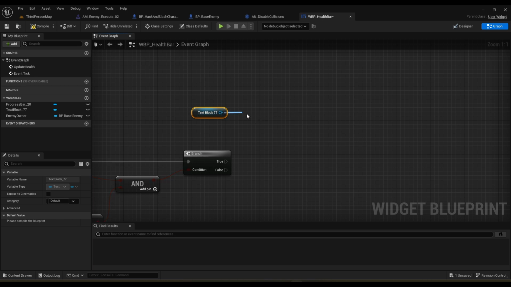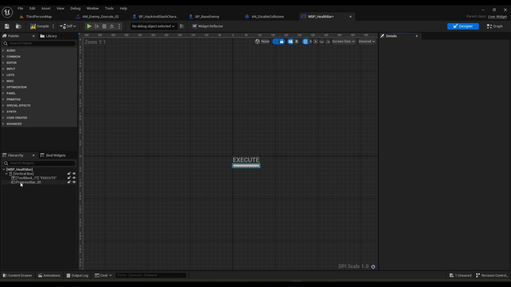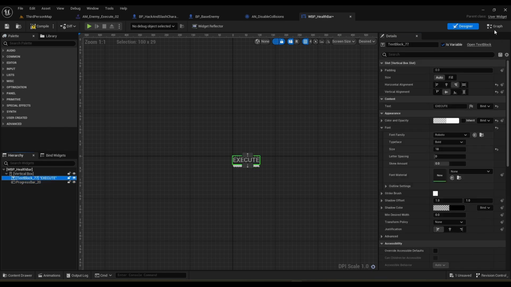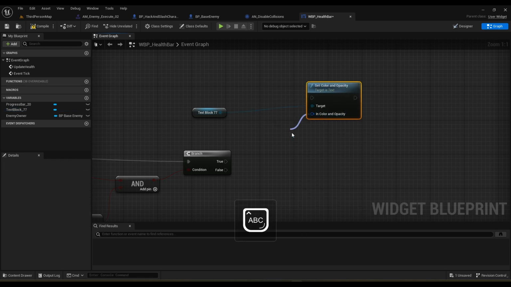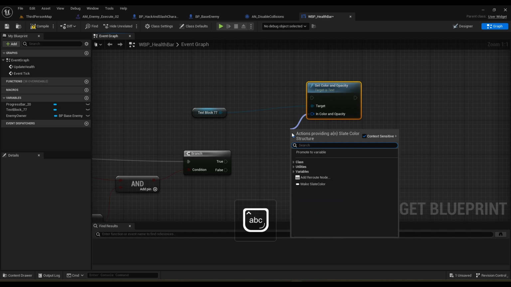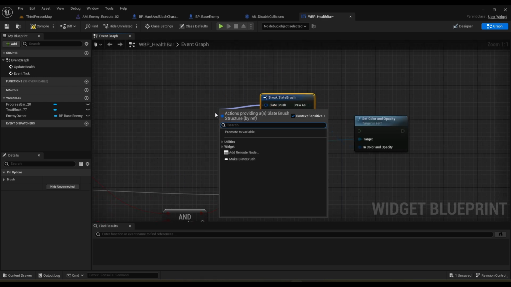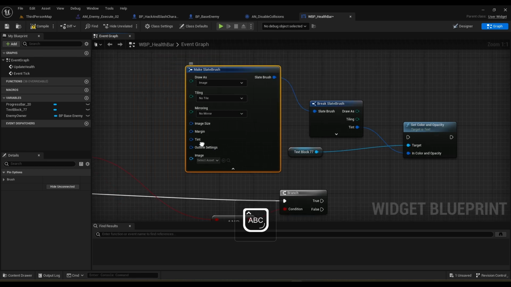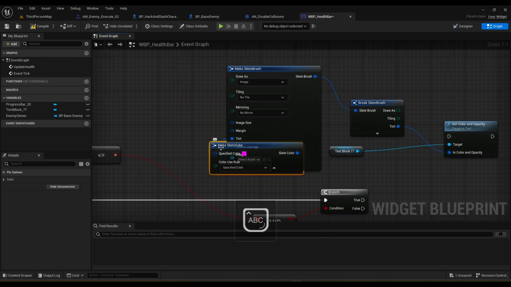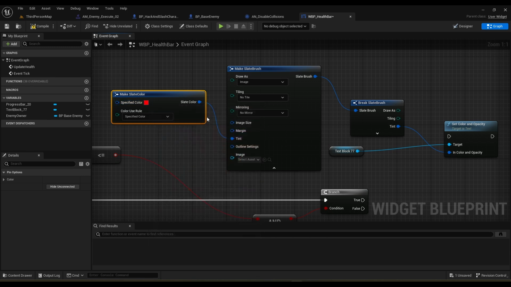get our text. We want to set fill or set tint. What is it called? Hold on, let's see in the details what they call it. Color opacity. Color, set color and opacity. There you go. Here we're going to create or break slate brush, make slate brush, and then here tint, we're gonna make color slate specific color, we're gonna make it red all the way around